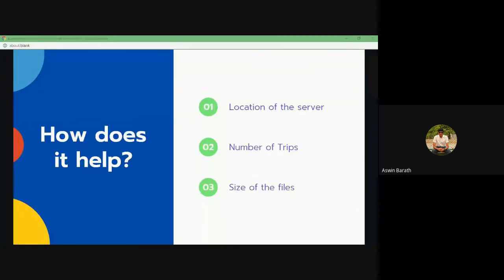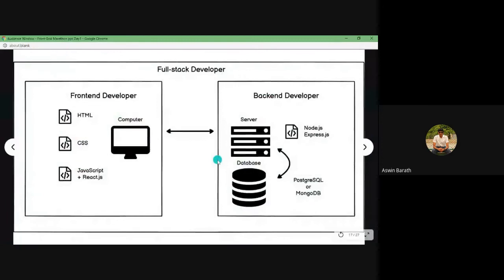Okay, so you might have heard these roles popular around the web development field, right? Front-end developer, back-end developer, database developer, full stack developer. So in this image, I'll try to clarify what the role of each person is. Okay. So starting with the front-end developer.